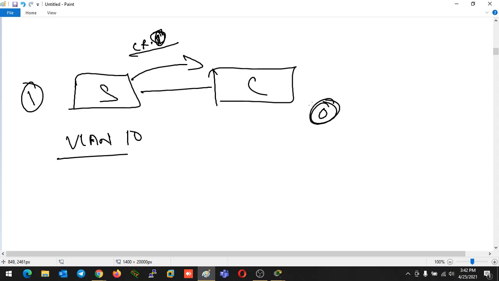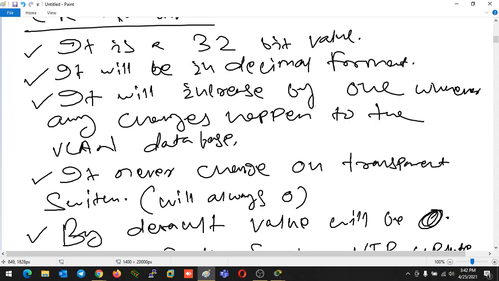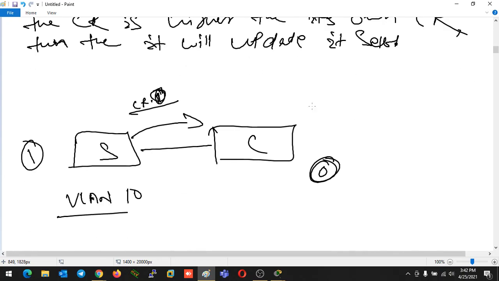Else, if the CR number is the same or lower than its own, the switch will think this is an old update and discard it. The other thing I told you is that it is in decimal format and increases by 1.